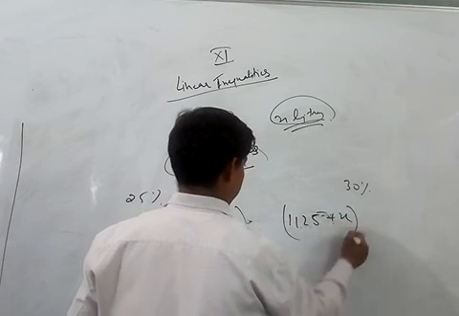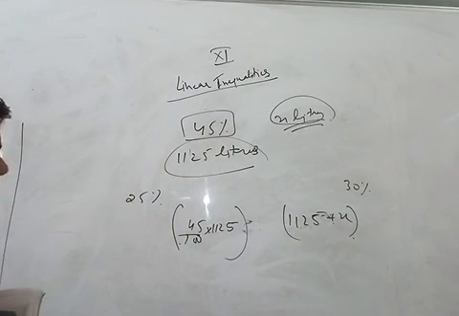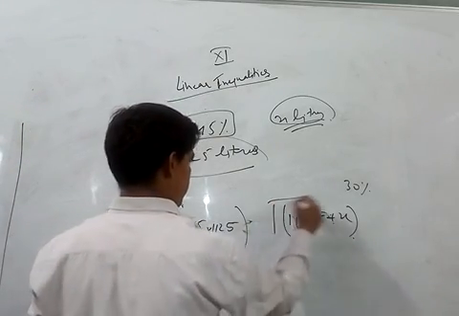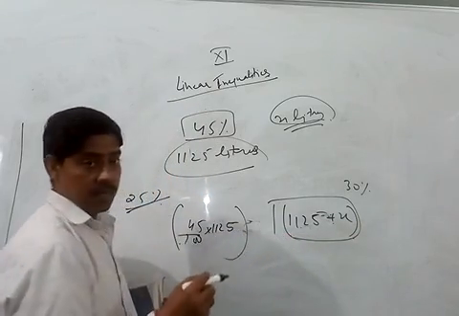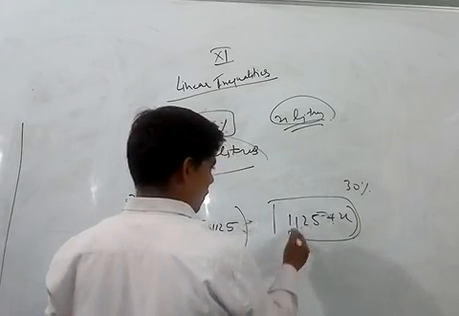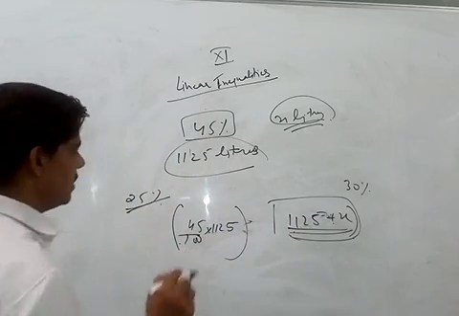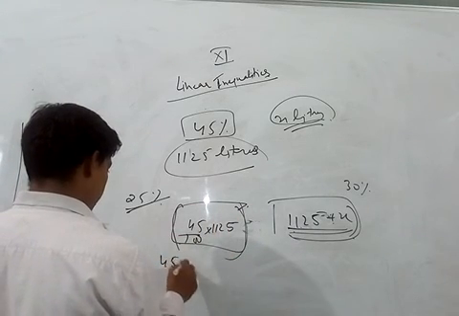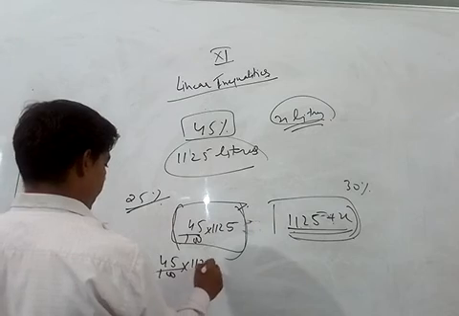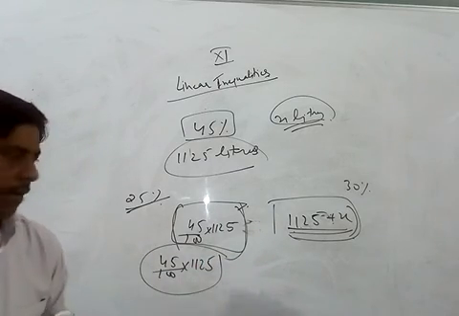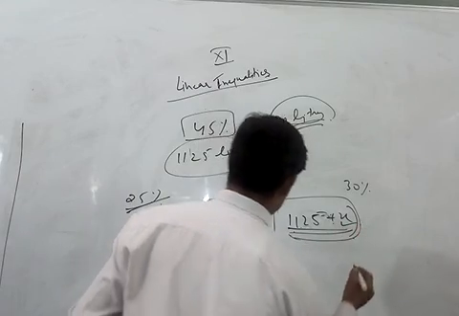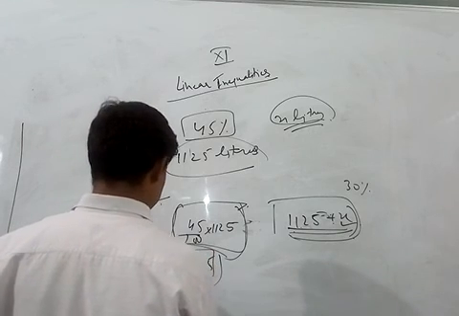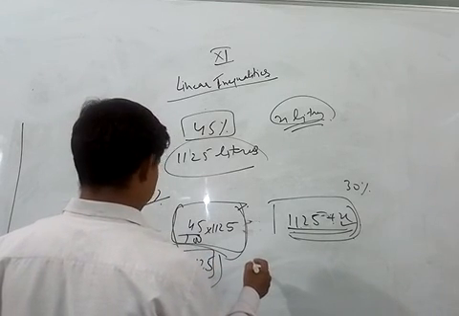This is the total quantity, and suppose we want it to be greater than 25%. And this is the total acid we are having, or acid plus water, right? इसका कितना percentage चाहिए हमको? So we should have this number 45 upon 100 into 1125. This is the acid we are having, right? And this is the quantity we are having. So how will you find the percentage? The percentage is acid, right? So we are going to find something like this.